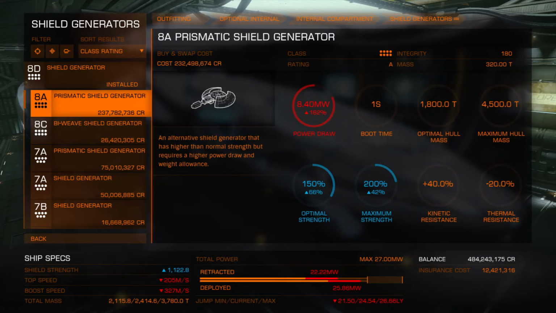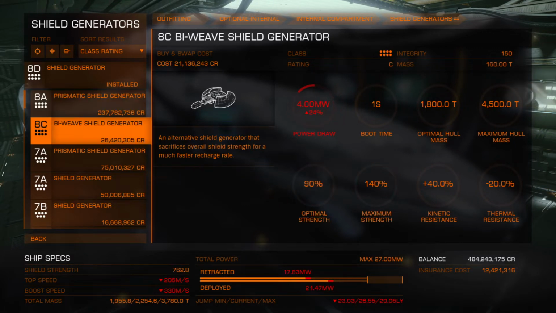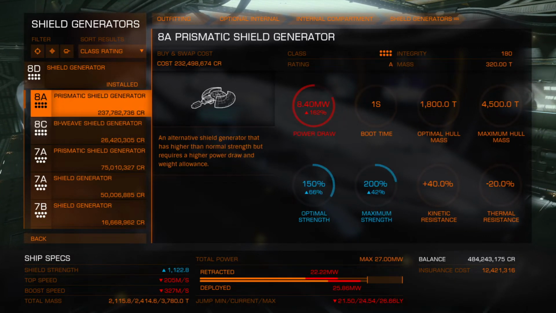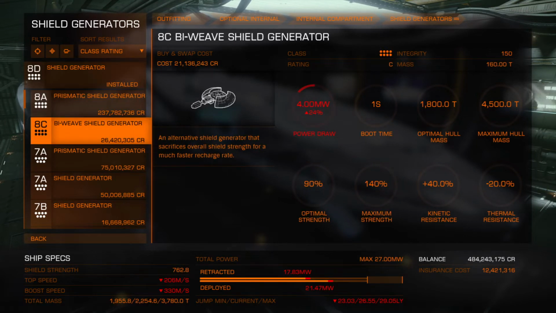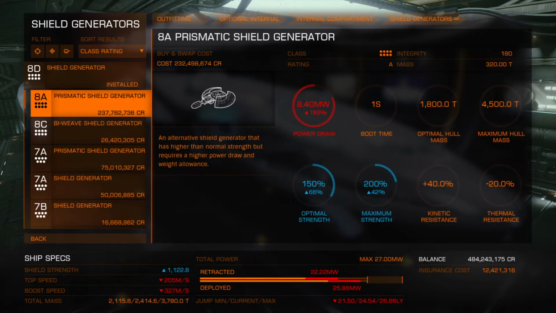So if I'm exploring, probably don't want to run this, but if I'm going combat, let's look at the bi-weave. I just want to look at the bi-weave. 762. And yeah, so it doesn't increase your strength. Alright, so what I'm going to do is buy this, and what I plan on doing is if I ever take this ship into combat, I will outfit this, but otherwise it's probably going to stay